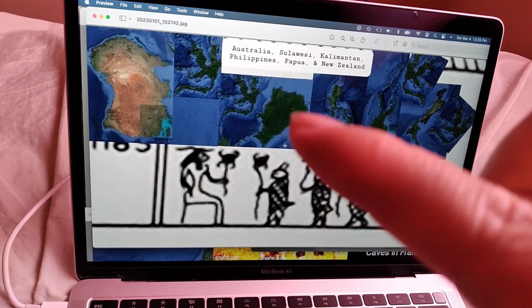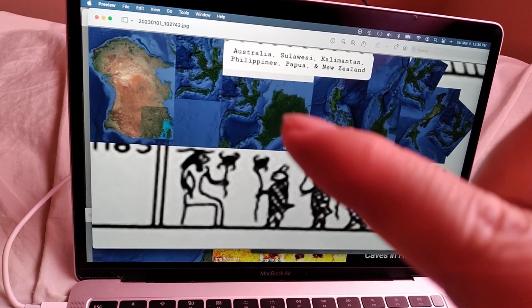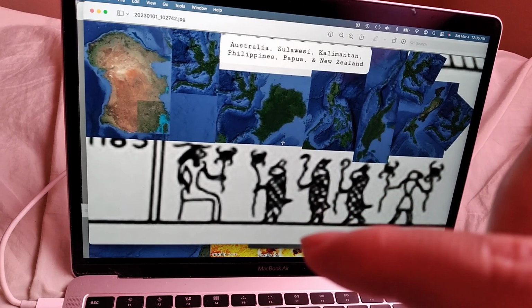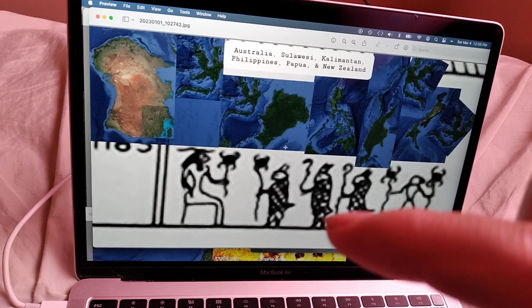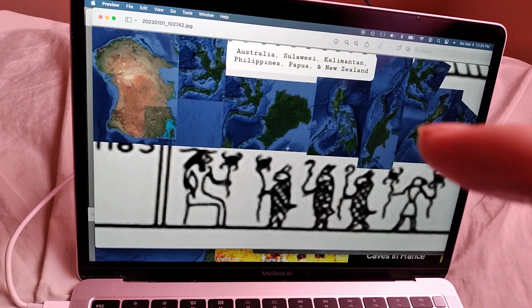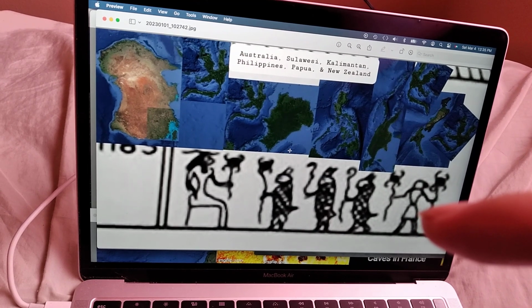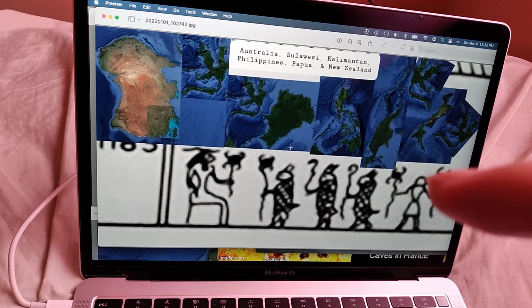It's like we'd never hear about Kalimantan, but you could fit Britain into here like 20 times probably. And then Philippines, Papua, and New Zealand. So at least from my perspective, these